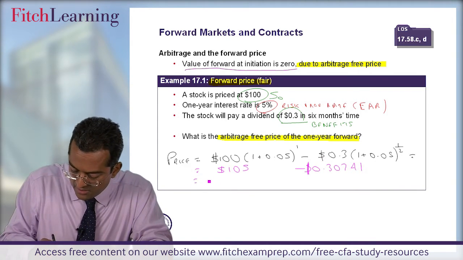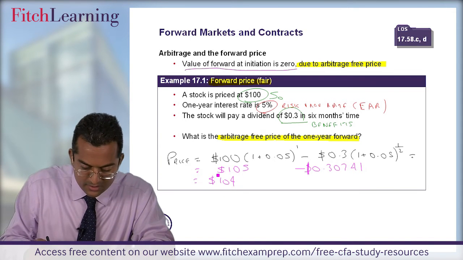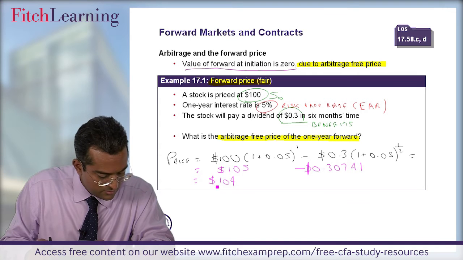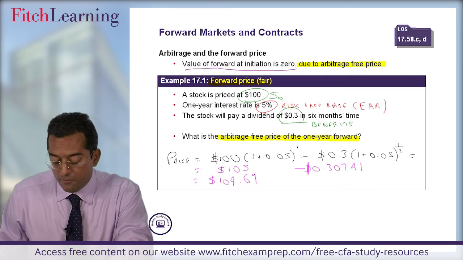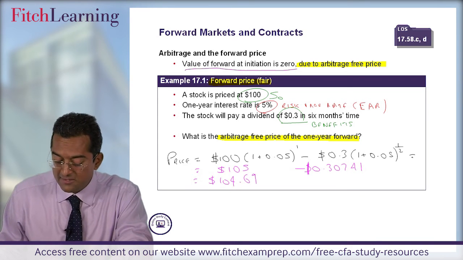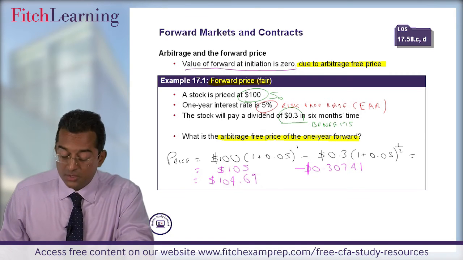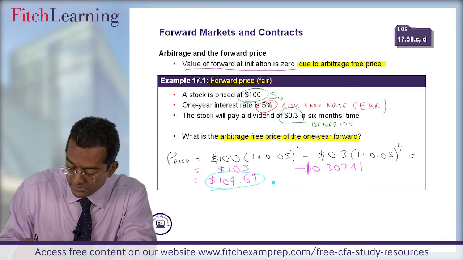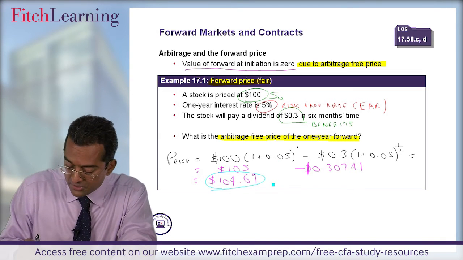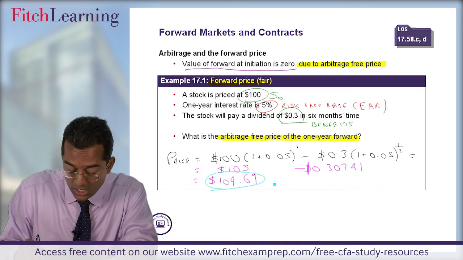And I'm getting $104.69. 104.69 is the arbitrage-free price of the 1 year forward. At initiation of this contract, we say that it would have a zero value. And if the value is zero, as it would be here, it would also be referred to as